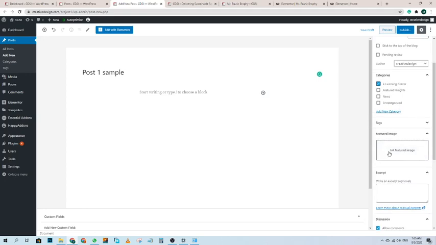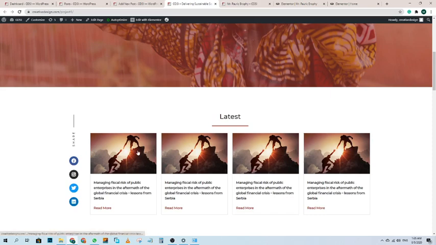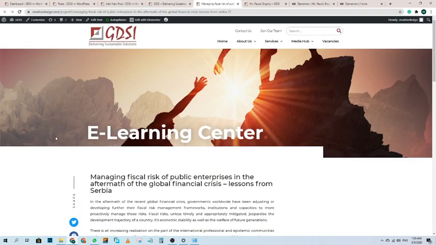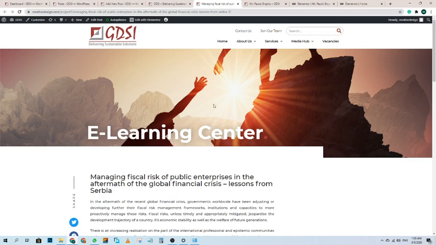Okay, and after that I will choose the featured image. Featured image is this image which is showing, and when someone clicks on the post, he will be redirected to the single post page. This is called the single post page. Okay, and this is the featured image.